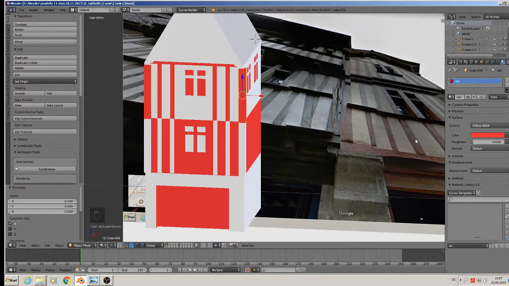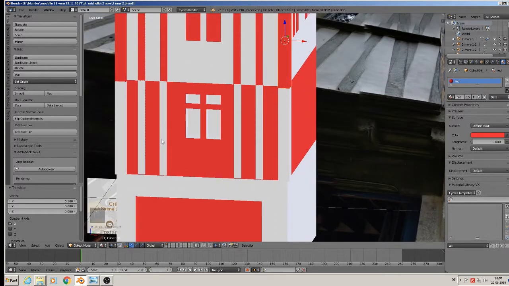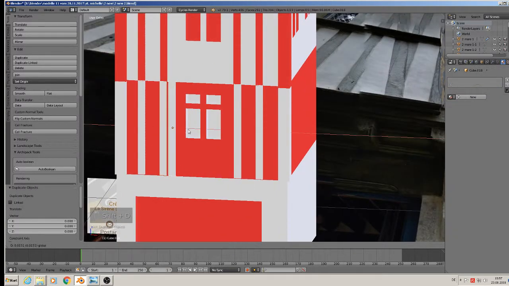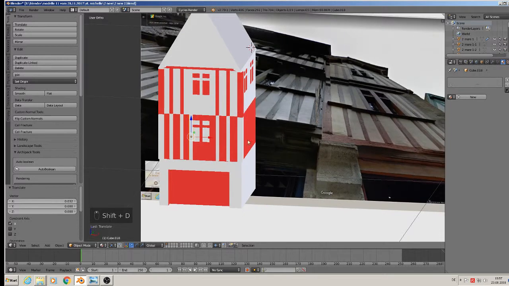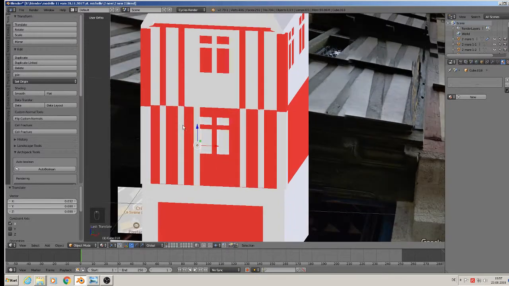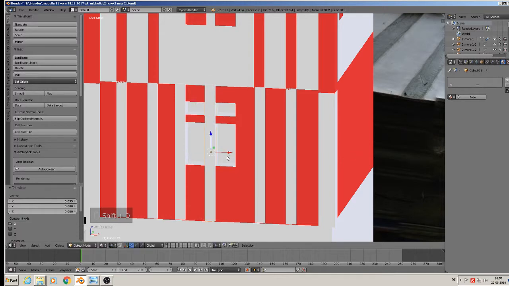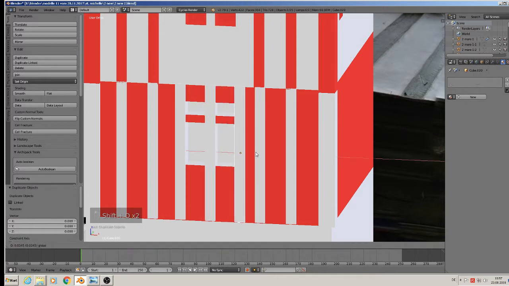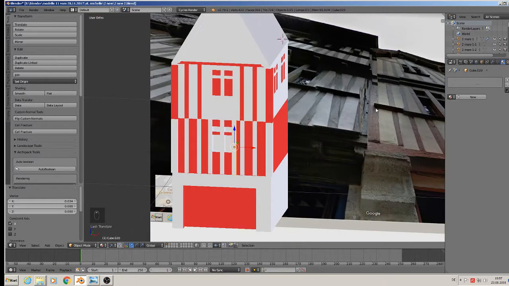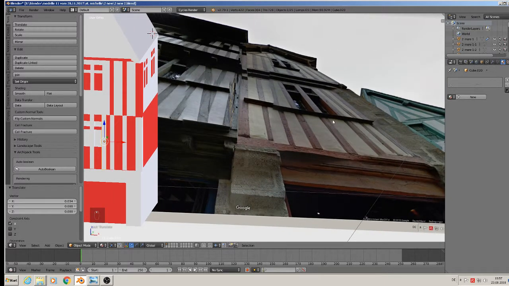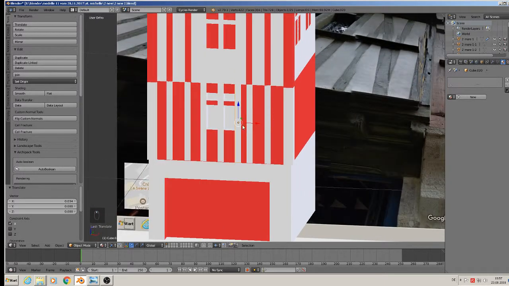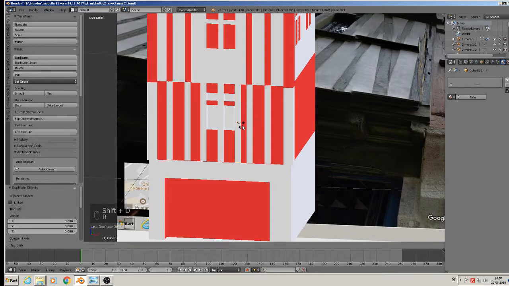Should have the same size as the other wood there. So Shift D, place one there. It goes completely straight down. Here 2 in the middle and on the side. Then here is a complete under the window. So Shift D, rotate